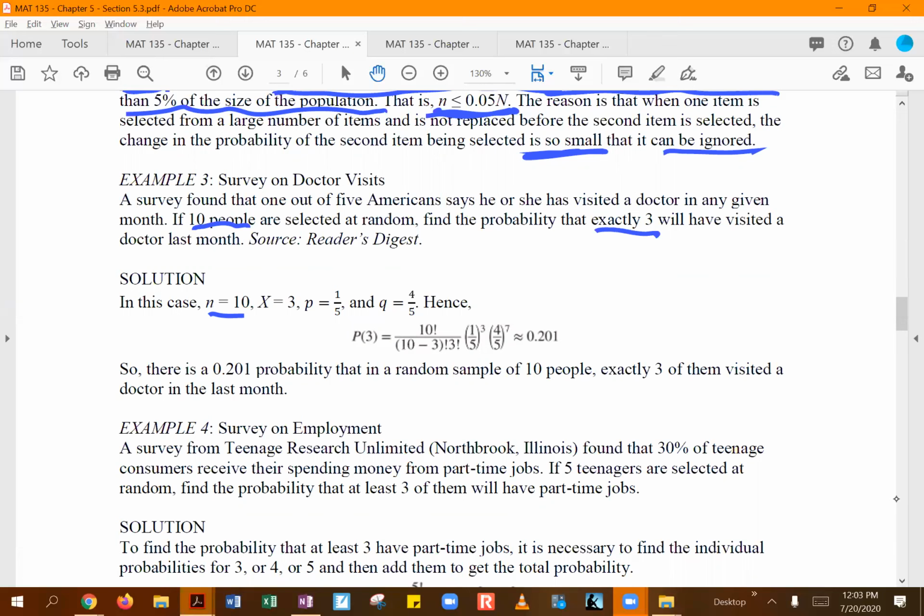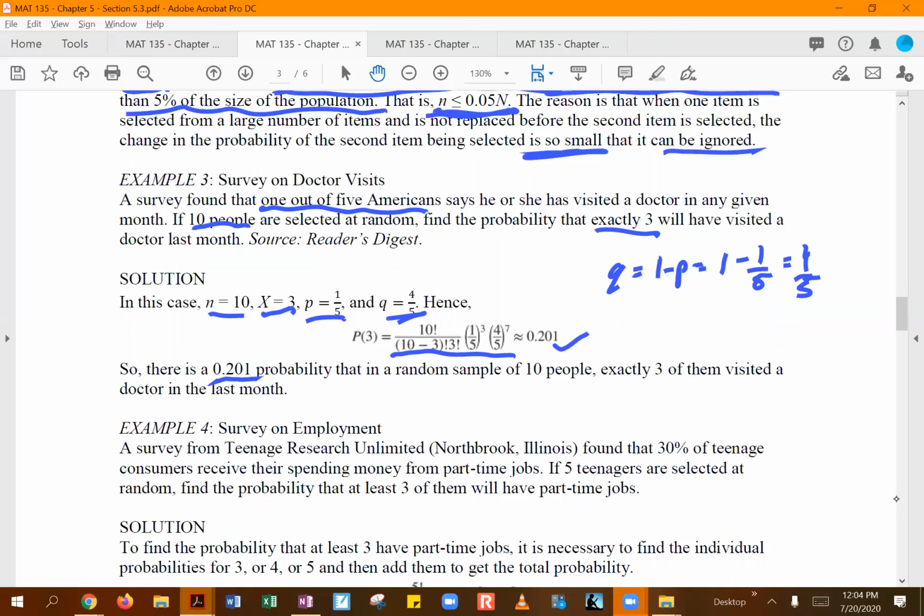We know exactly 3 of them would have visited a doctor or not, so that's our X value being equal to 3. They are telling us 1 out of 5 Americans has visited a doctor, so that's your probability of success. To calculate your Q, remember they're basically using the 1 minus P calculation, so that's 1 minus 1/5, which is how they came up with this 4/5 value, and then they're plugging it into the binomial experiment formula over here, and this is coming out to be a probability of